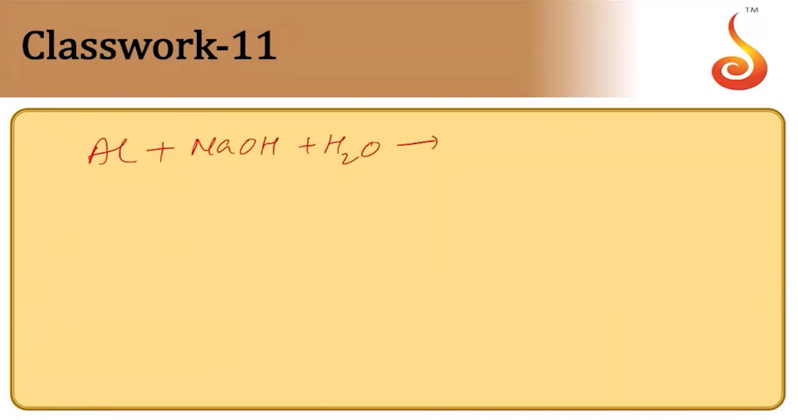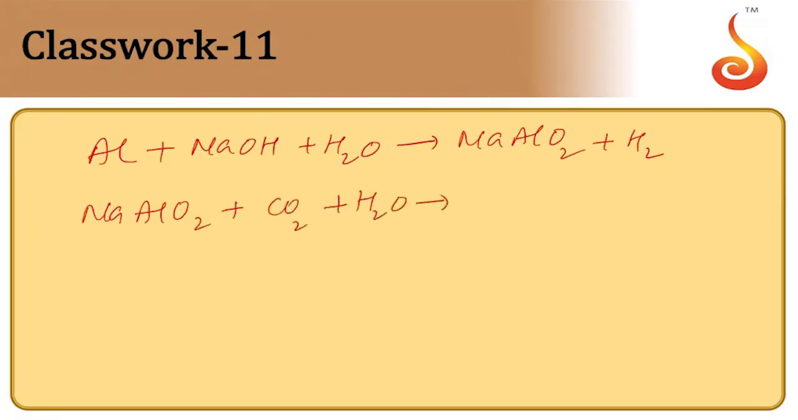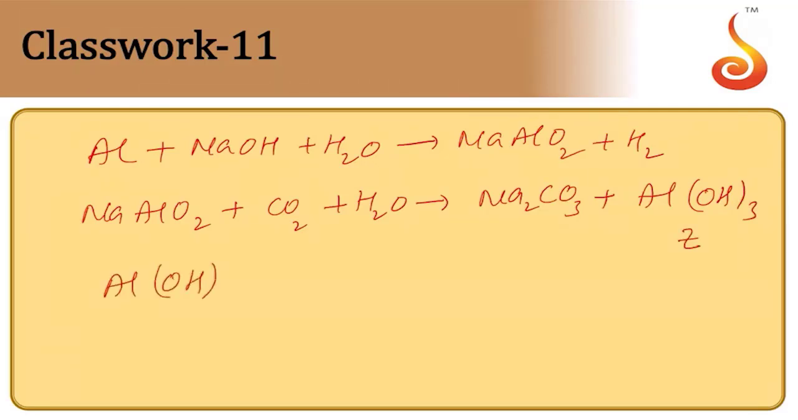And then it forms NaAlO2 and liberates H2 gas. This NaAlO2, they can pass carbon dioxide gas through a solution of NaAlO2. Then it forms Na2CO3 plus aluminum hydroxide. It forms aluminum hydroxide. This is Z now. This aluminum hydroxide, if you are heating it strongly, we are going to get alumina, Al2O3